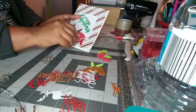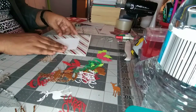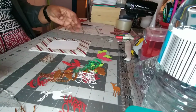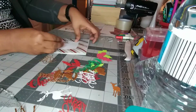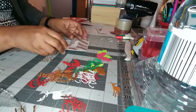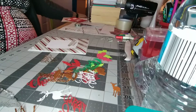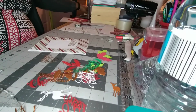But these are kind of ideas that I'm looking at. The other thing that I am thinking is I could simply use stamps. I could go ahead and do a stamp here. And I'm going to go ahead and get that done so you will be able to see. So let me just get my